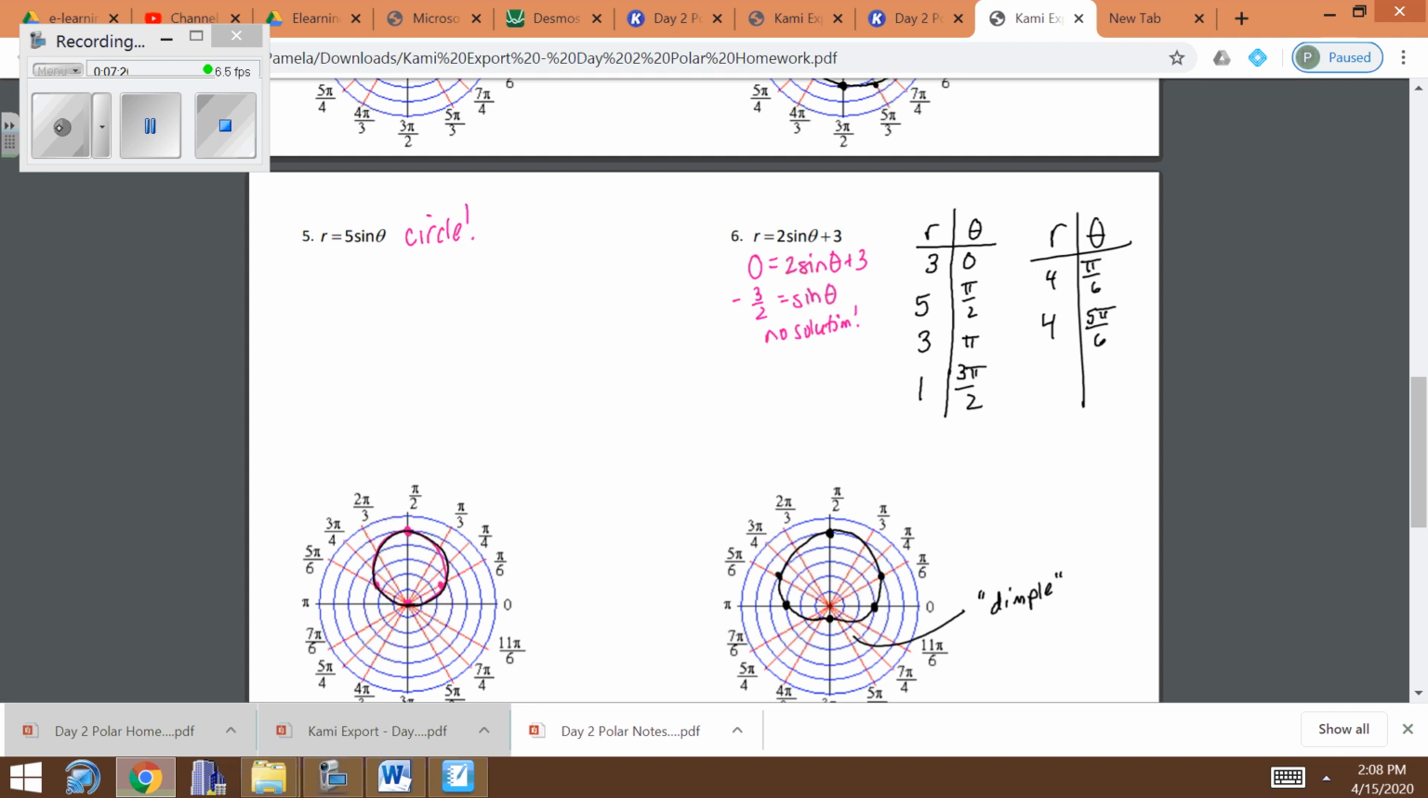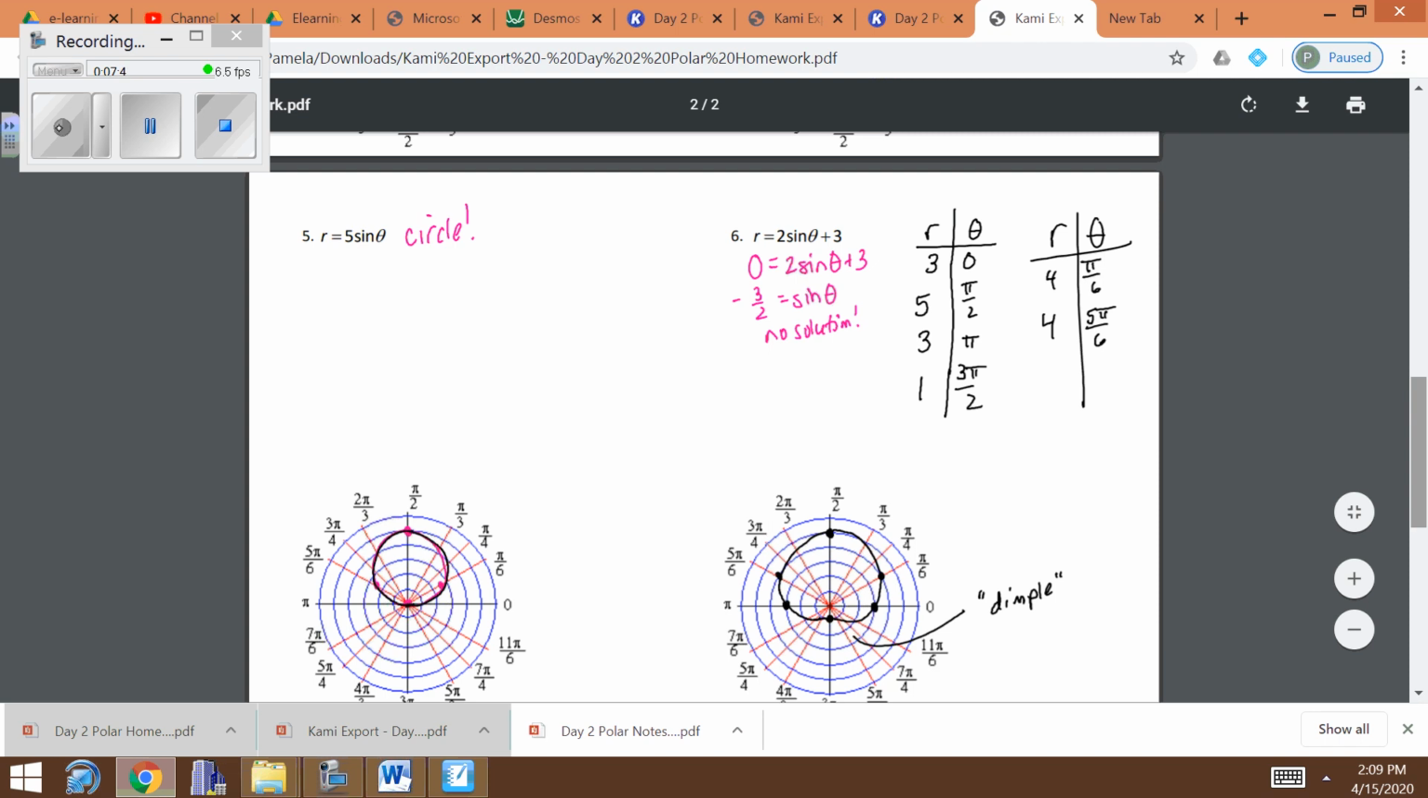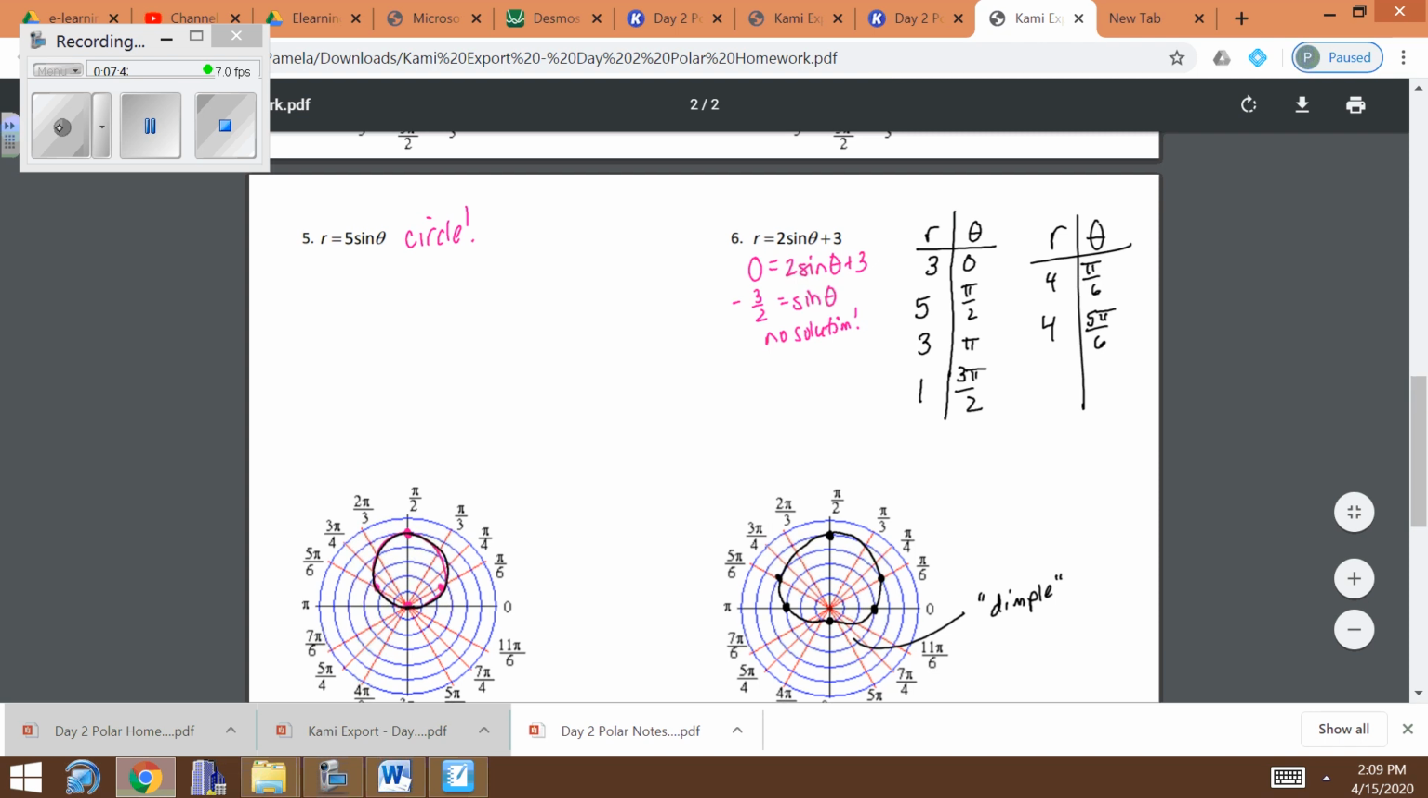And then I picked the pi over 6's because I know the sine of pi over 6 is 1/2. So I picked pi over 6 and 5 pi over 6 and did half of 5, which gave me the 2.5 values right there. Number 6, this is another one that's a no solution here because we can't have the